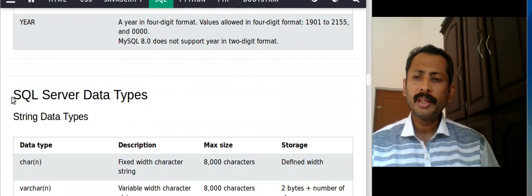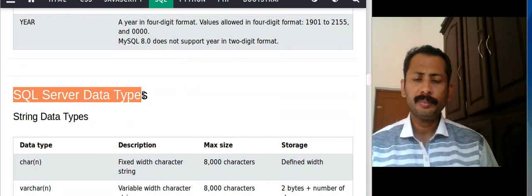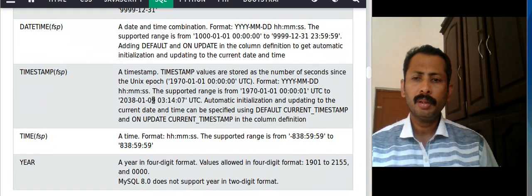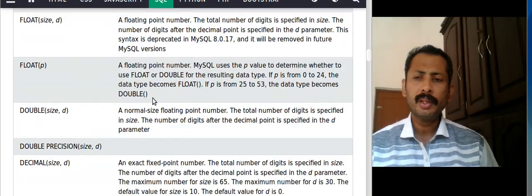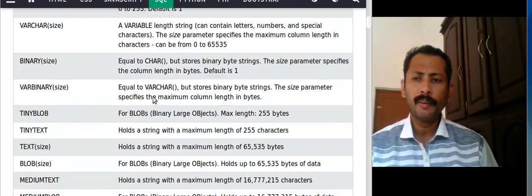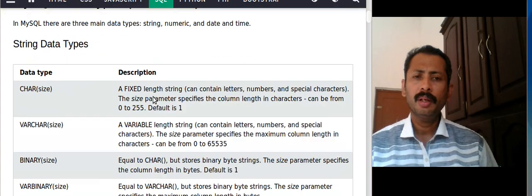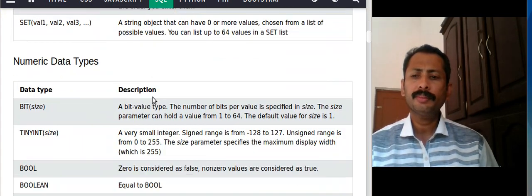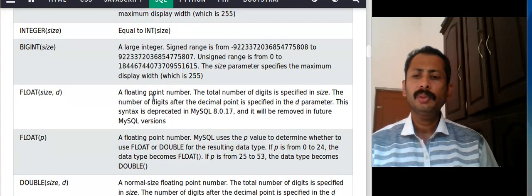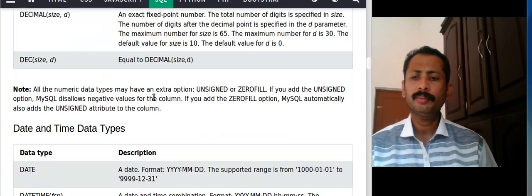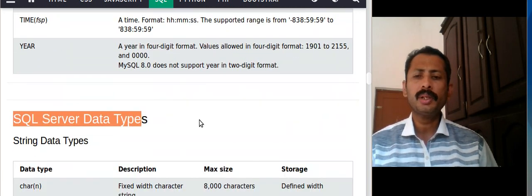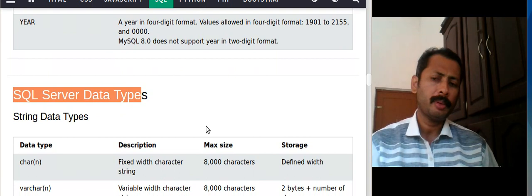Okay, and then coming to SQL Server. Previously we have seen the types of MySQL. Now we are going to see these SQL Server types. This is another DBMS.